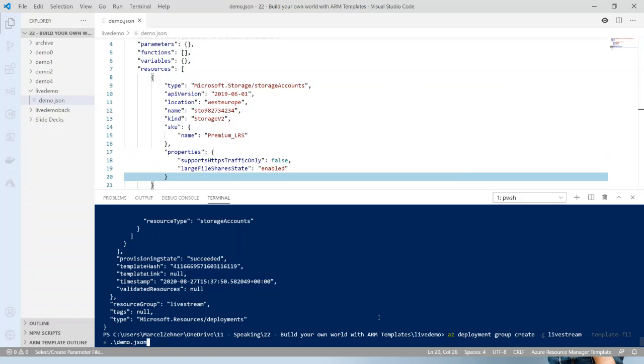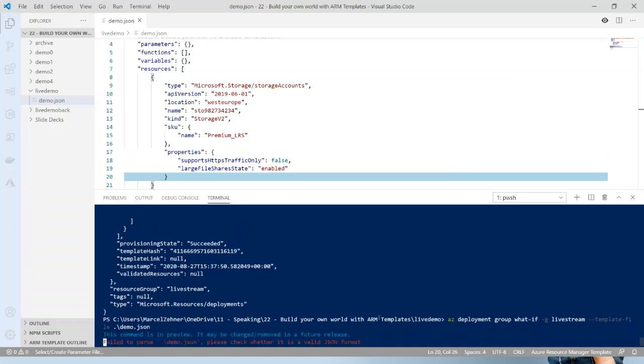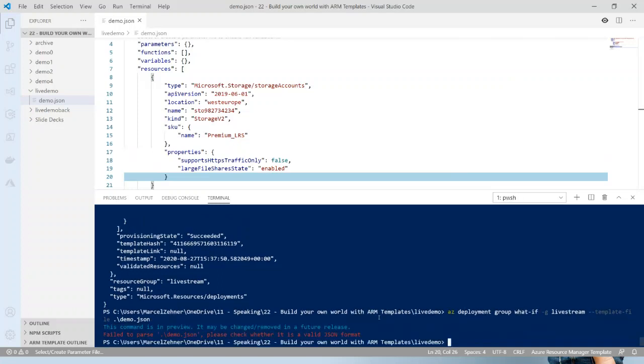And for that, I can exactly use the same command I used, but I will just change the create command, remove that, and change it to what-if. So that means I will still deploy something to a resource group, but I will not create a new deployment. I want to just understand what would change if I would deploy the same template into the same